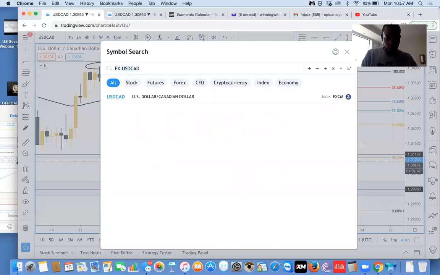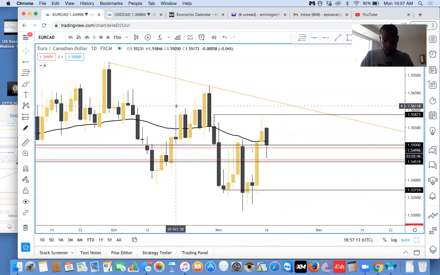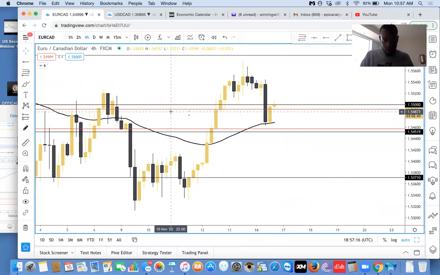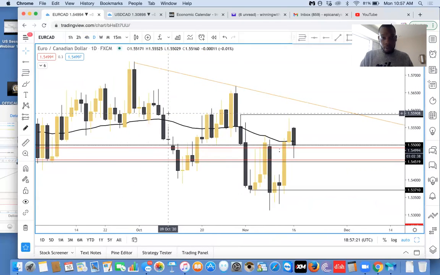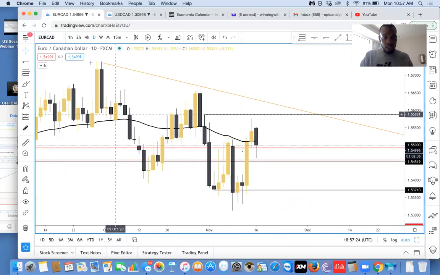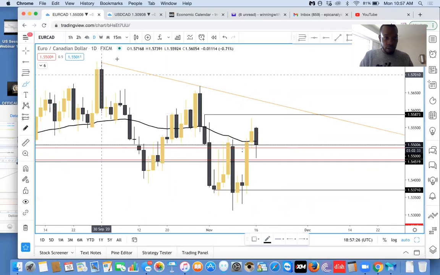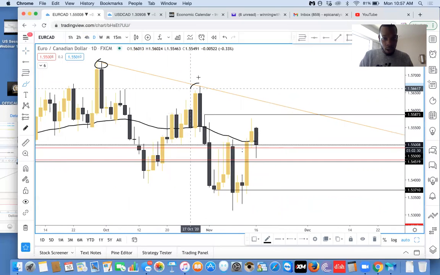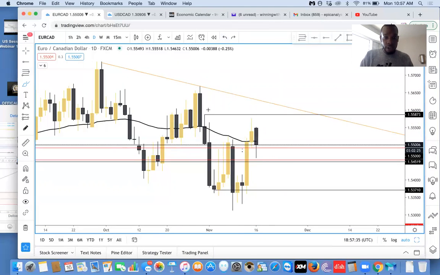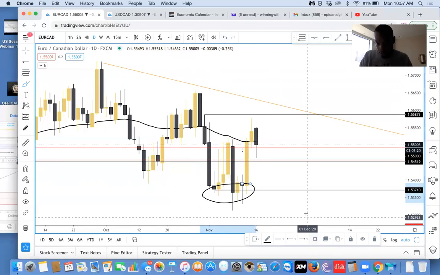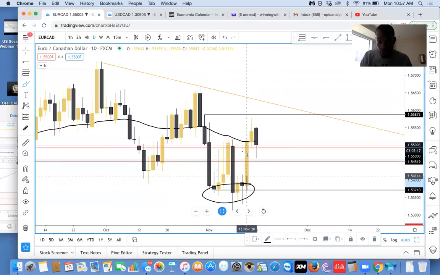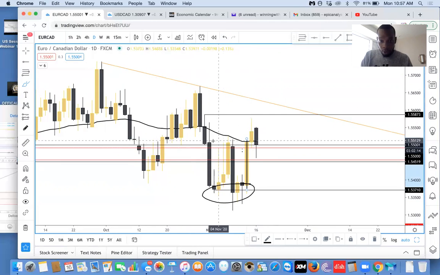All right, EuroCAD. Looking at this on a daily time frame is kind of tricky, because you see that the market was moving in a downtrend, lower high, possible lower high. But I also understand that the market gave us a double bottom, failed to break below 1.535, bullish engulfing candle. From the W, the market broke above the neckline, and then now all it's doing is